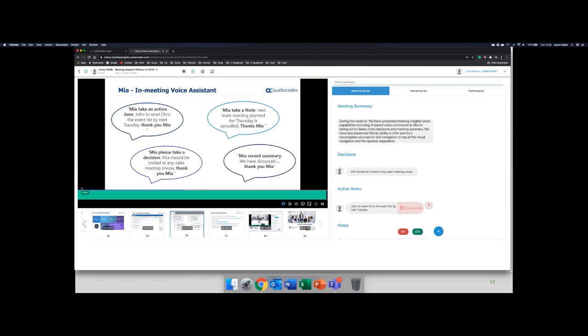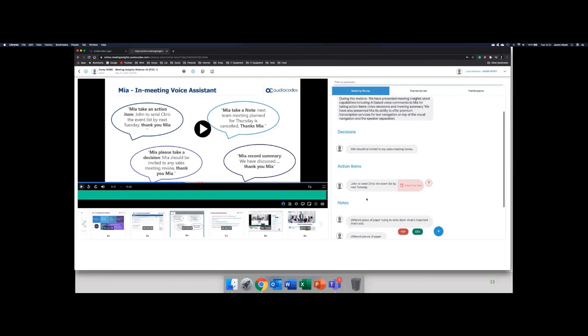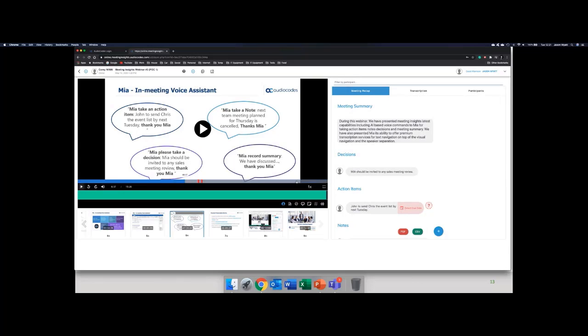For example, Mia can take an action item. Hopefully you would have heard that, and that was one of the slides I'd love to have presented to you, to take you through the process of Mia taking actions, like: Mia, take a note. Next team meeting is planned for Thursday. Thanks, Mia. She will actually do that, and it will appear as a note item within the meeting recap. Additionally, you can drag along the timeline wherever you want,